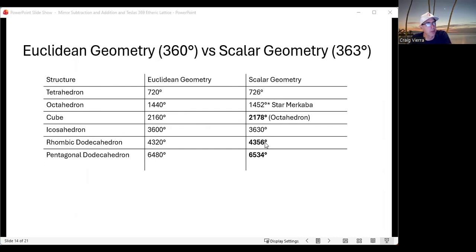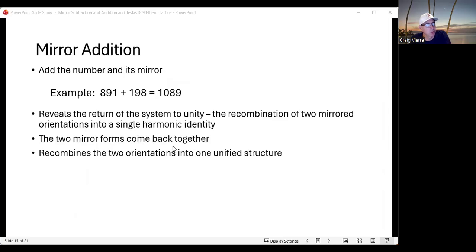The rhombic dodecahedron is 1089 times 4, and the pentagonal dodecahedron is 1089 times 6. So those 1089 multiples popping out are also relating to geometric structures. Okay, now instead of talking about mere subtraction,